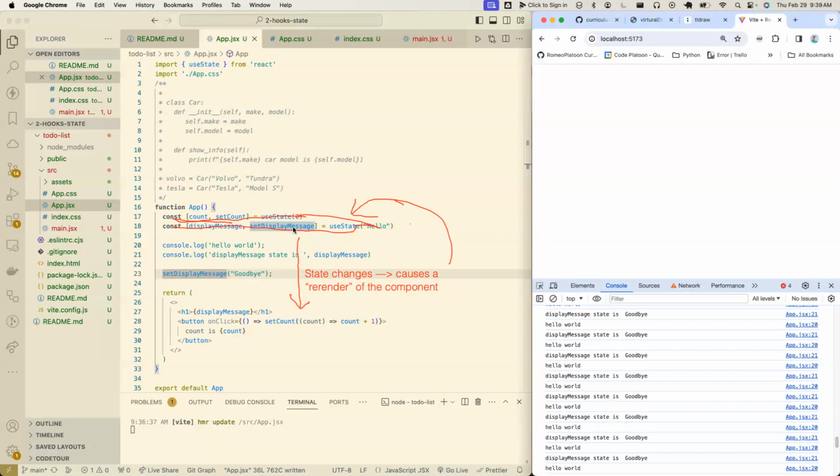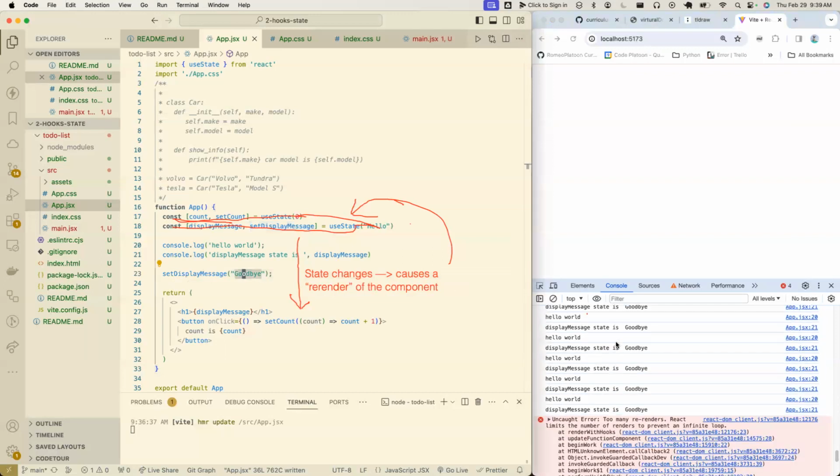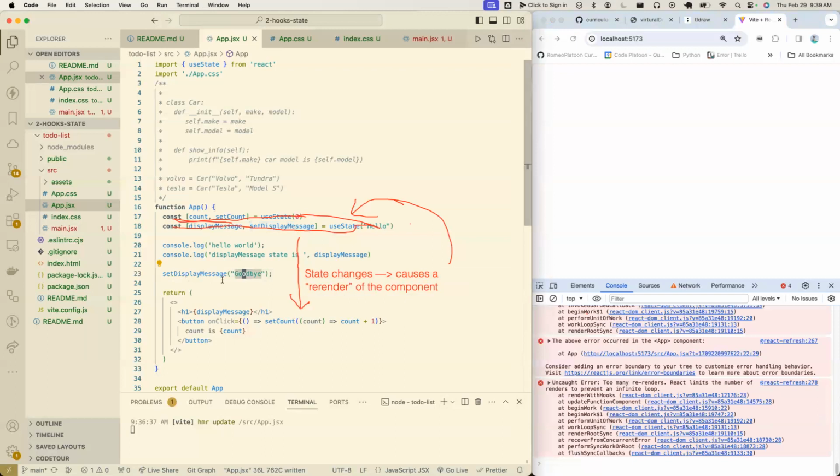The state doesn't get reset, but all this stuff gets run and this gets run. So we call set display message, that causes a re-render. And even though we're not changing the value, React still goes through the process and we're stuck in an infinite loop. So like Brian was saying, if I change this to, let's say,